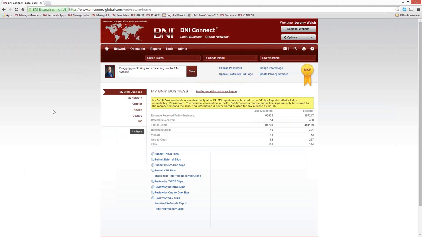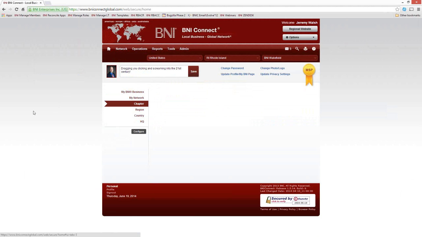Now, if you'd like to make these a little bit easier to find so that you don't have to go digging through the menus, you can use the shortcut menus here on your home screen. You'll notice that you'll have a chapter shortcut menu here. And it's a customizable menu where you can put all of your favorite reports just one click away. So the way to do that, you can see I put some of my favorites here, but let's say that there's something here that I'd like to add. If I click the Configure button,